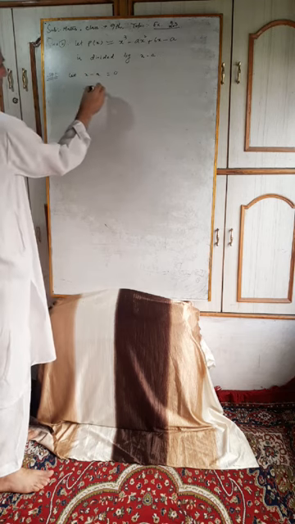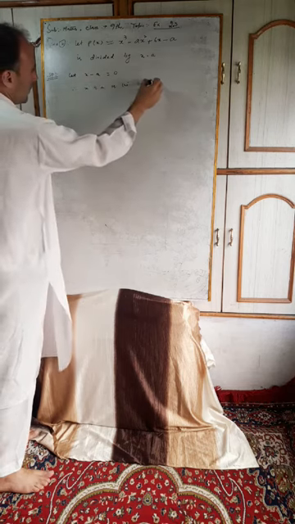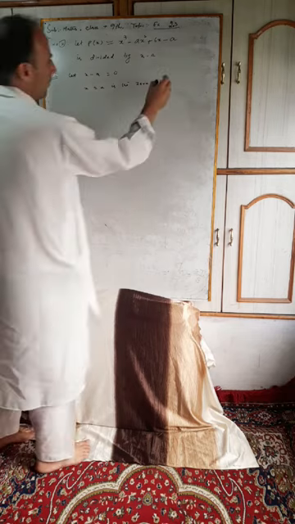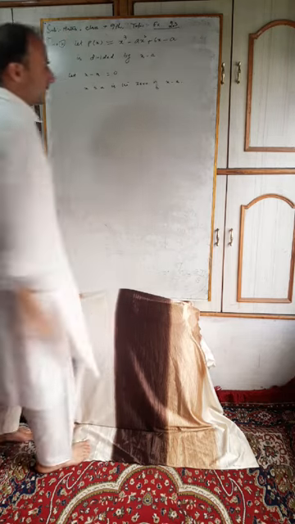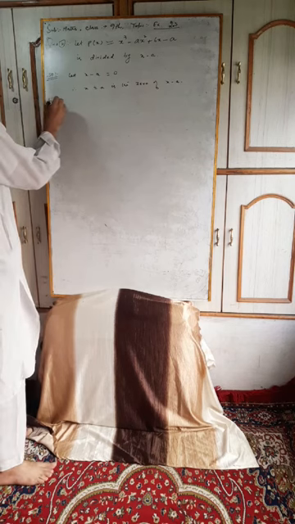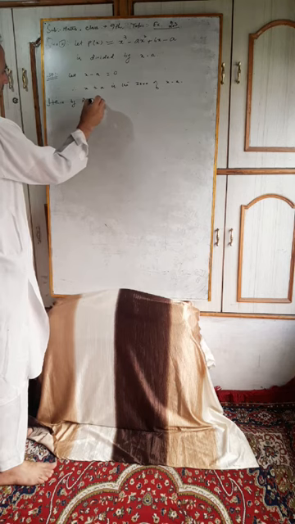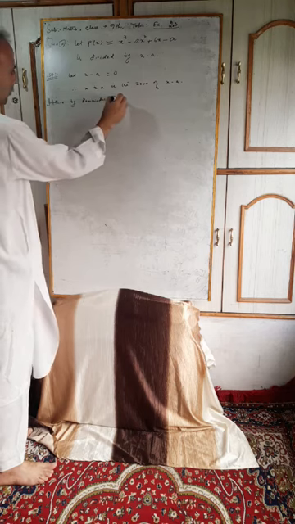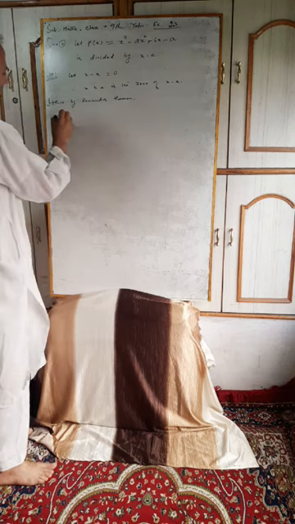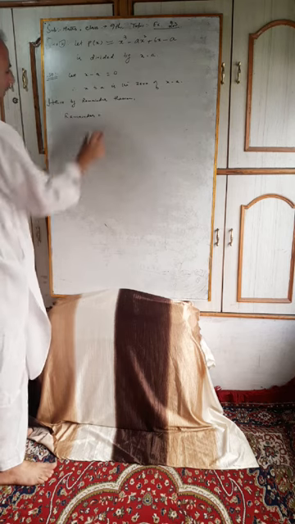Therefore, x = a is the zero or root of x − a. Hence, by remainder theorem, remainder is equal to